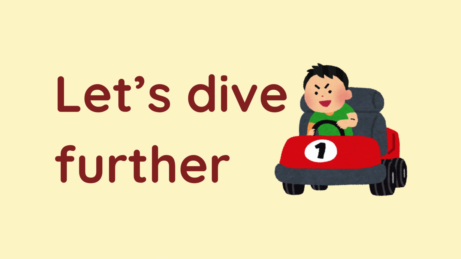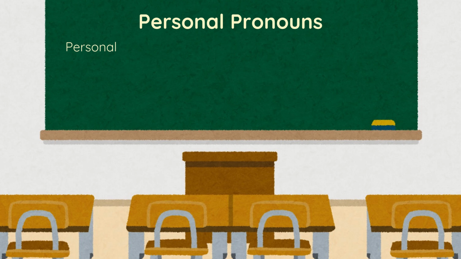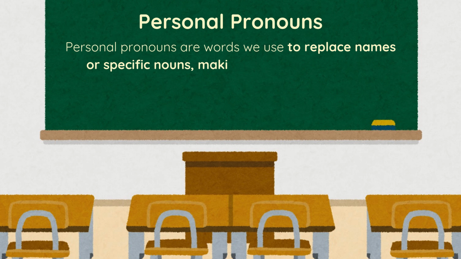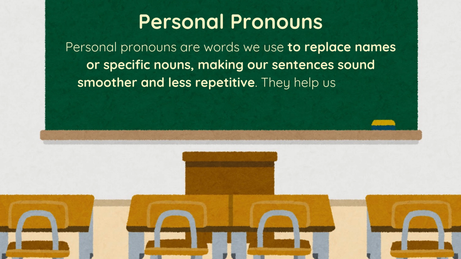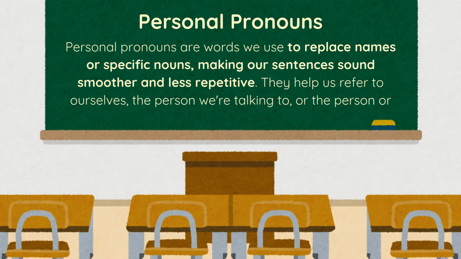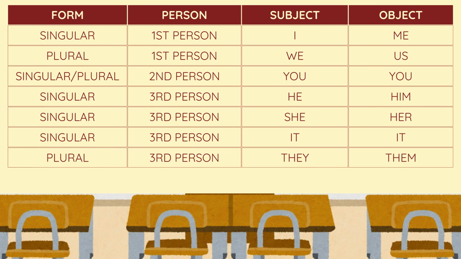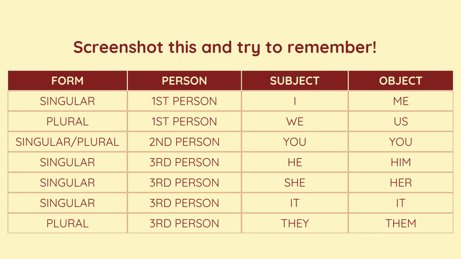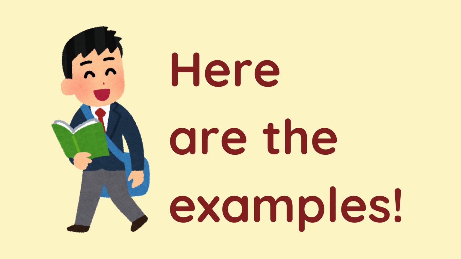Let's dive further. Personal pronouns are words we use to replace names or specific nouns, making our sentences sound smoother and less repetitive. They help us refer to ourselves, the person we're talking to, or the person or thing we're talking about. Screenshot this and try to remember. For example,